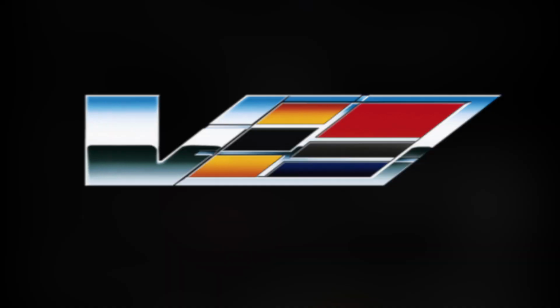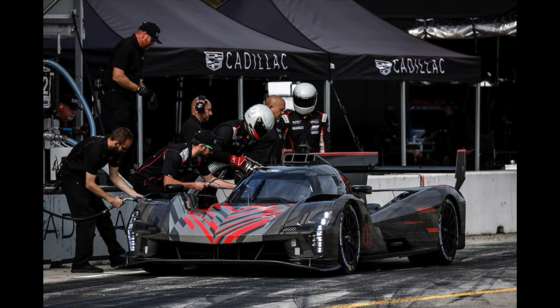Still Cadillac heading over there, waving the American flag. Excited to see that happen. But for right now, let's stay focused on the Rolex and the 24-hour race that's in front of this Chip Ganassi team. So talking specifically about the car, from the sessions I was able to watch, the Cadillac seemed